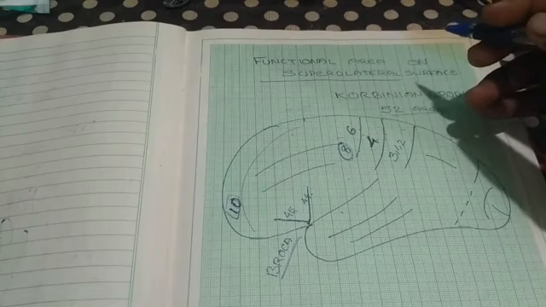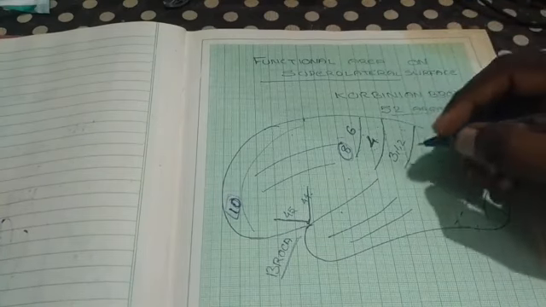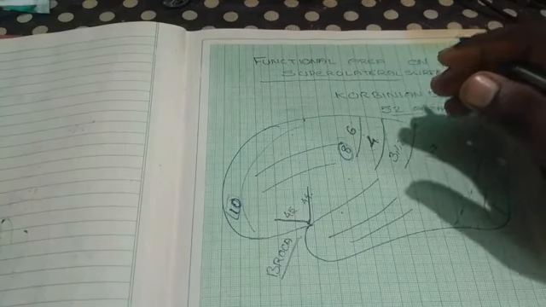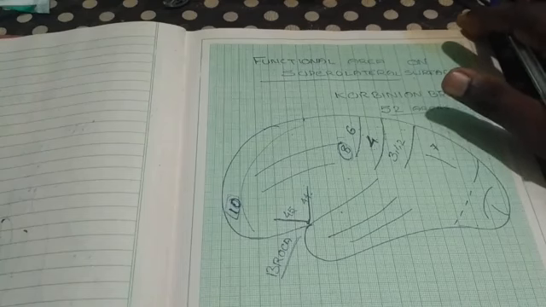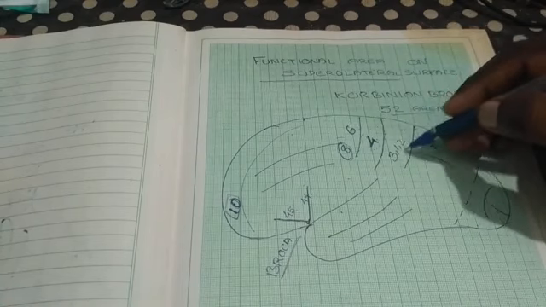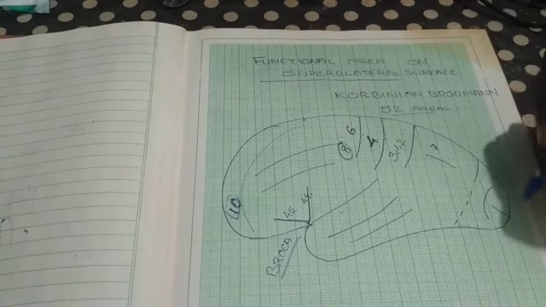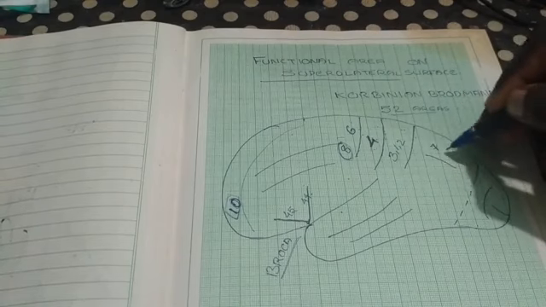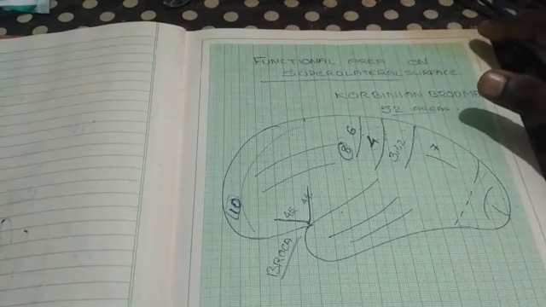Then we are going to learn about another area. It is called area number 7, or the parietal area. Area number 7, otherwise called the parietal area, is present between the sensory and visual area. Here we can see the sensory area, and posteriorly towards the occipital lobe we can see the visual area. Just between these two areas, there we can see an area called area number 7. That area is otherwise called the parietal area.